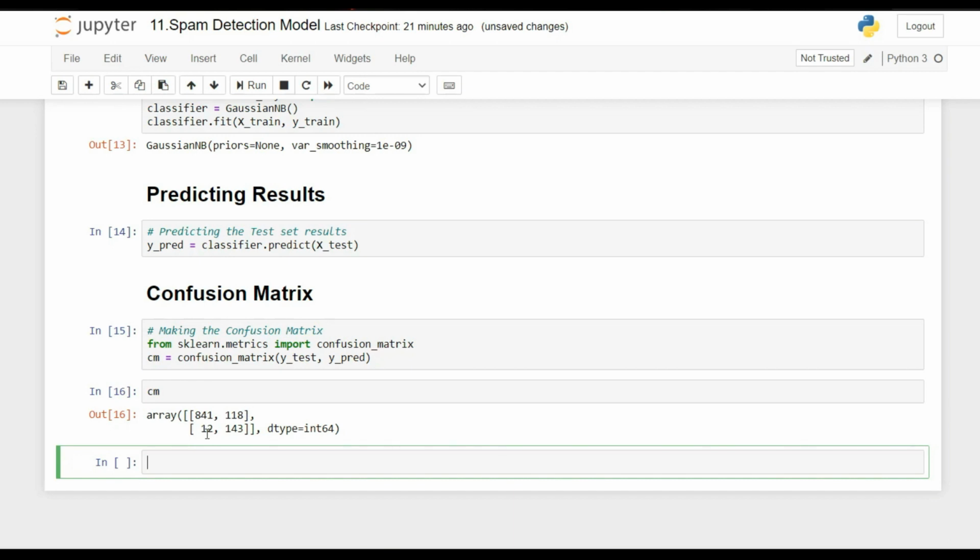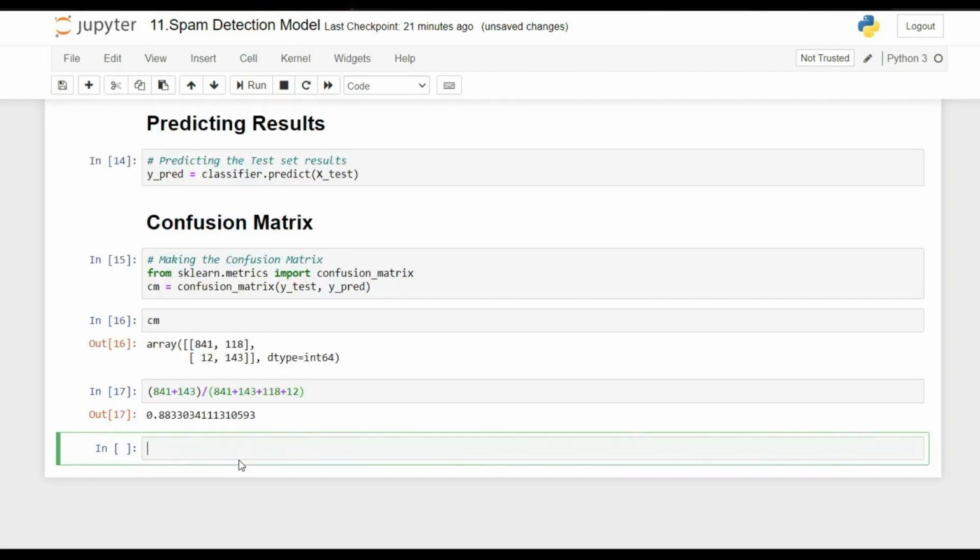So guys, let's check the accuracy of the model. Let me check. 841 plus 143, these are the correct outputs, and divide it by all the outputs, 118 plus 12.